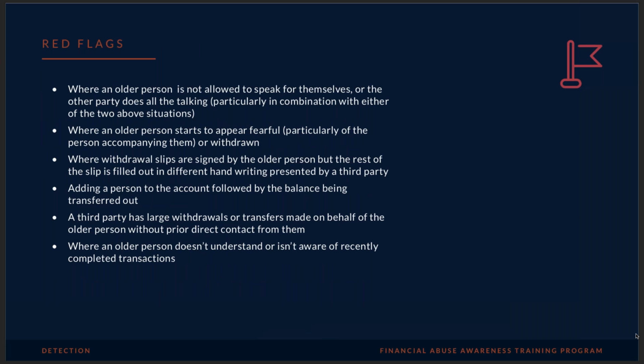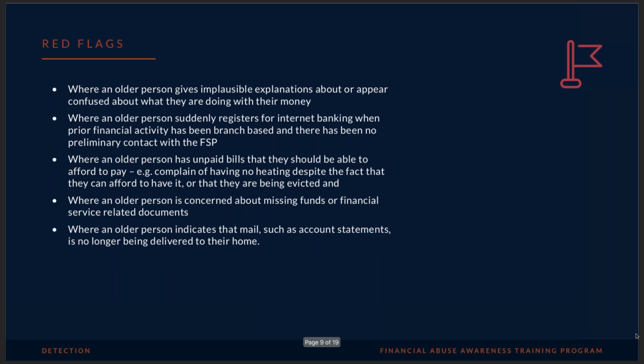All of these examples are shown also in determinations that AFCA has made, so you can look in more detail at how AFCA treats each of these red flags and looks at what the financial service provider ought to have done in that particular situation. And more. All of these examples are practical examples that you can think about and may well occur within your own office or workplace environment.